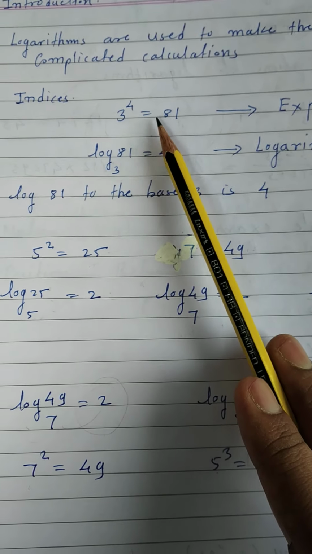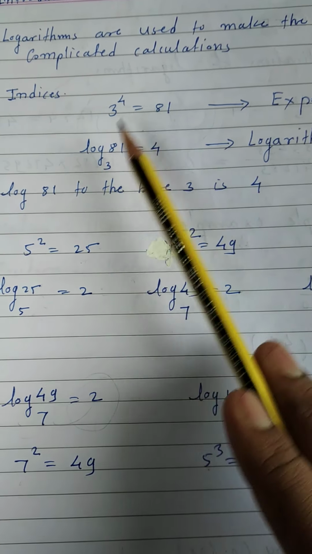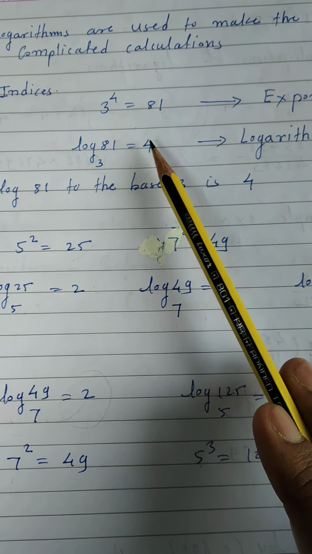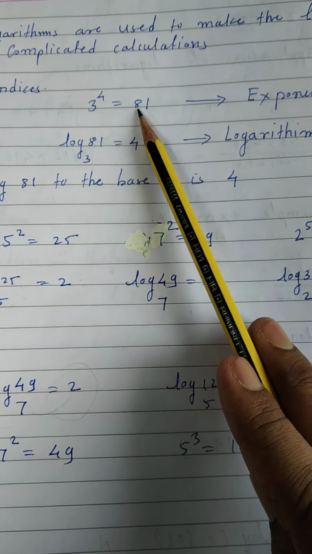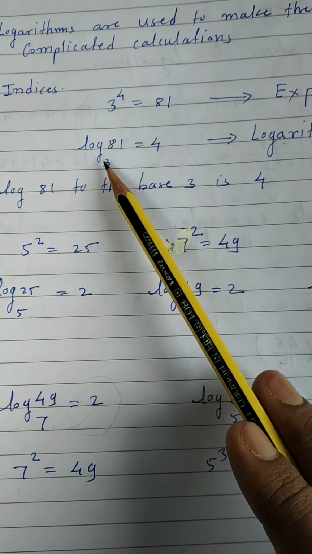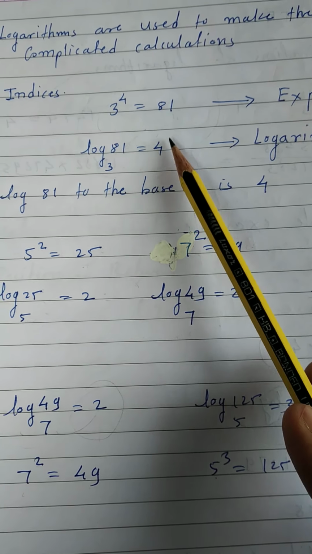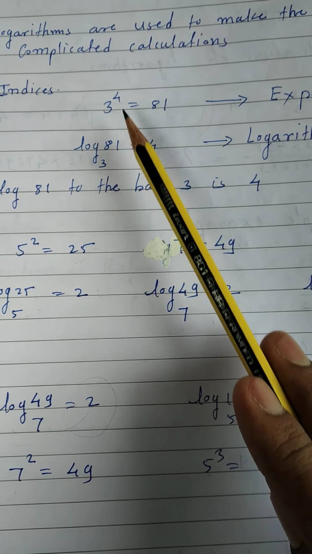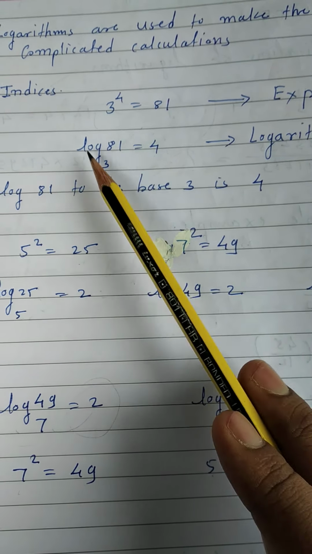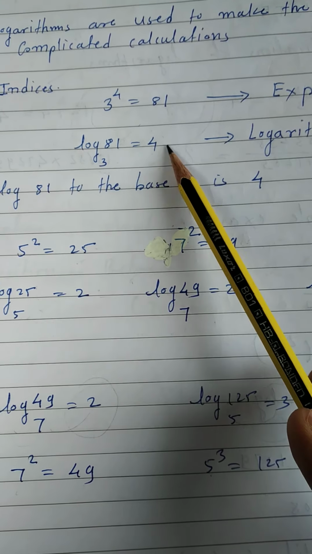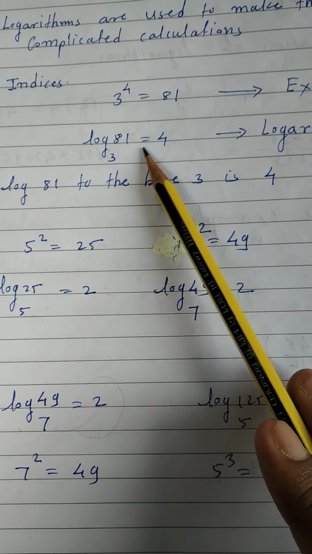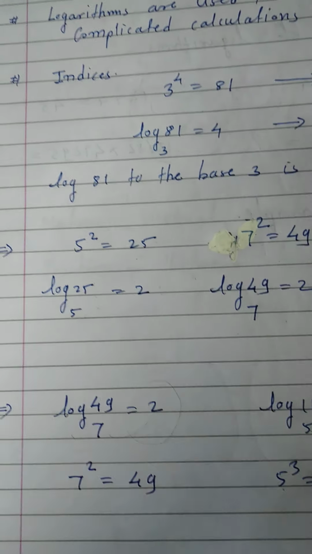Now I want to express this in terms of logarithmic form. So how will I express and how will I read this? This will be log of 81 to the base 3 is equal to 4. Again I'm repeating, this exponential form is converted in terms of logarithm form. So how to convert this? Log of 81 to the base 3 is equal to 4. जो आंसर था वो log हो गया, जो यहाँ पे base था again the base of log, and the power becomes the answer. So log of 81 to the base 3 is equal to 4. How will you read this? Log of 81 to the base 3 is 4. Equal to is nothing but what? Is.